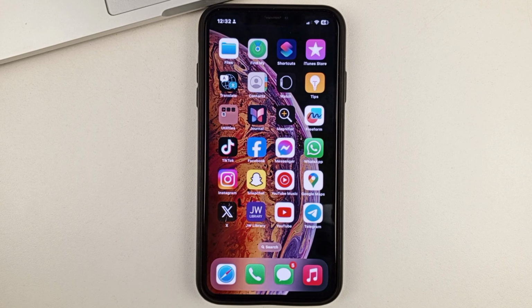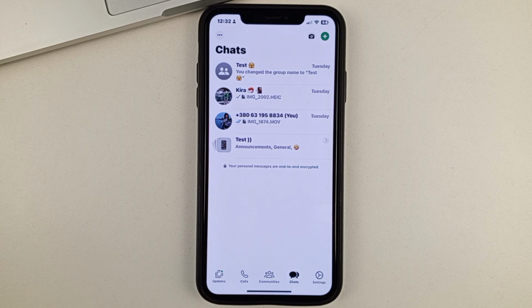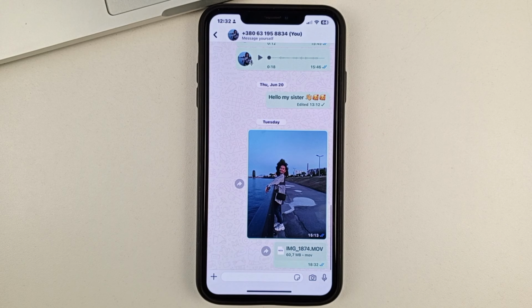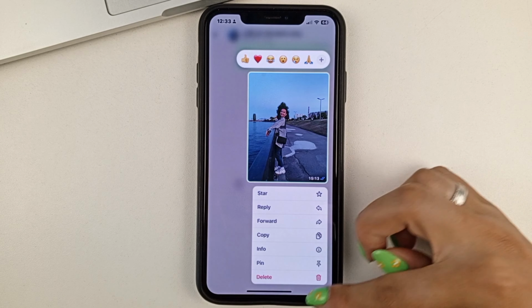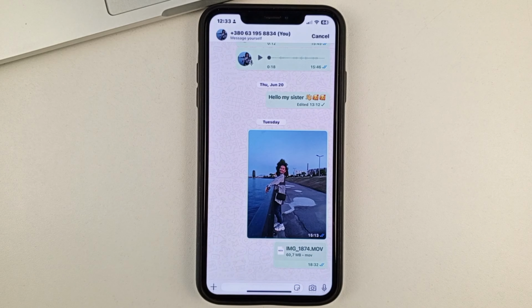And let us get down to the topic with you. Please open the WhatsApp app on your device. And let's say if you want to delete any particular messages that you've sent, then tap on any of the messages. Select Delete.